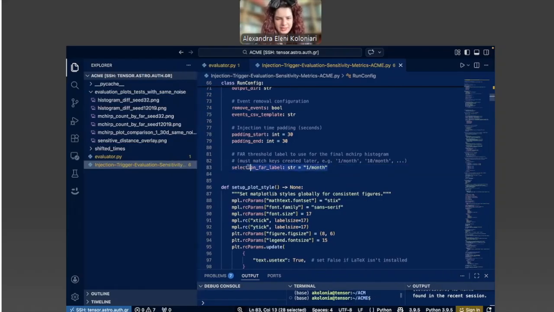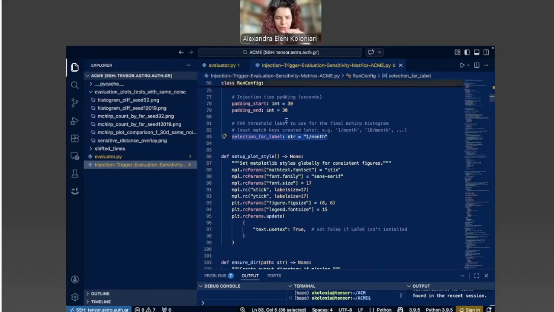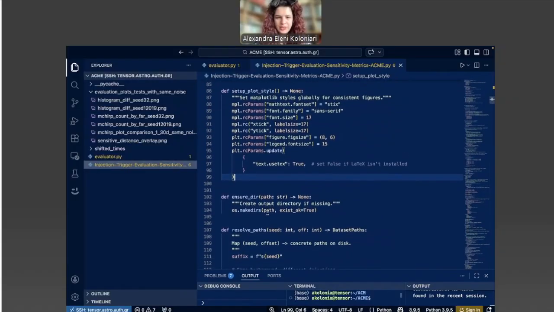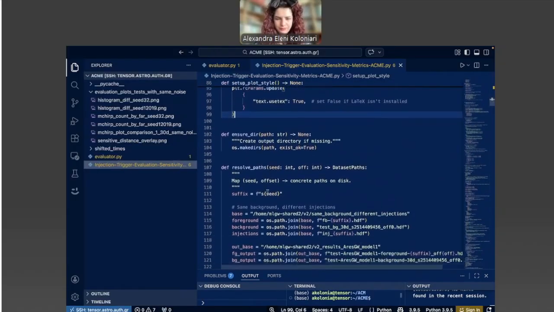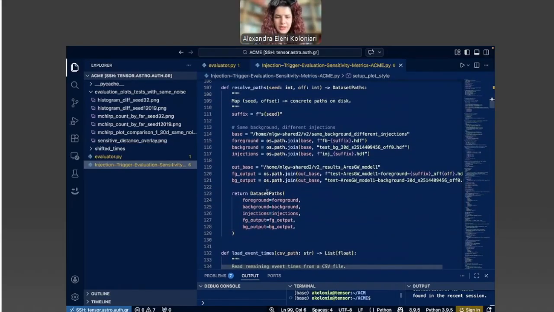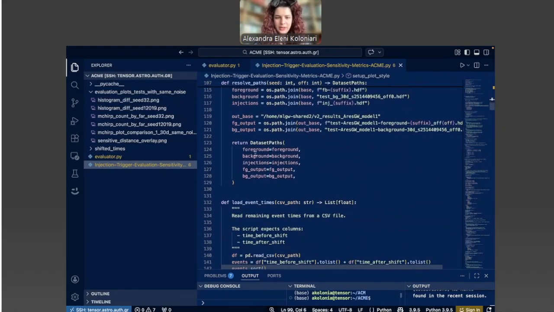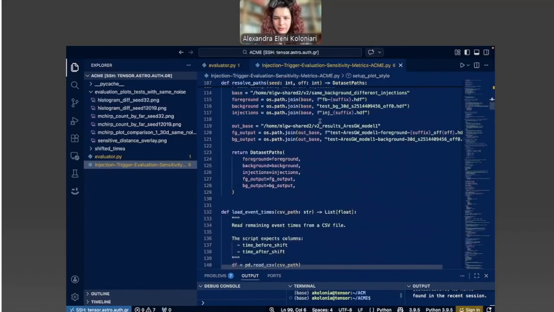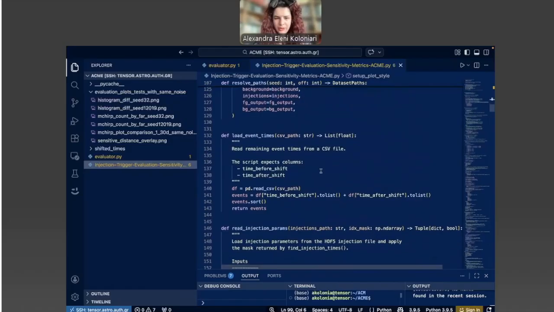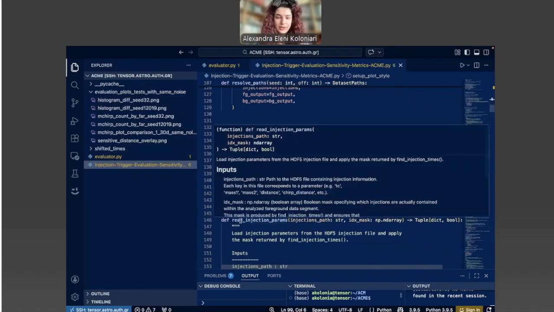That will make sense later on, but I want to go as the notebook proceeds. So, okay, we set up our plot style. We create the directory if it's missing.